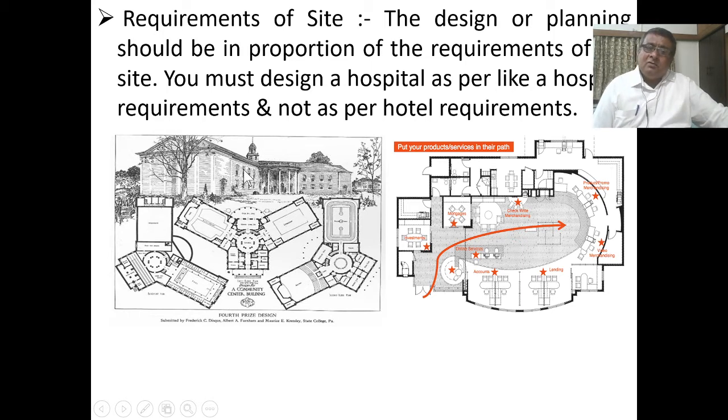Here I am trying to show you a huge structure. Ample area is there in the plot, so the architect has used his liberty. He has constructed this wing, and this wing has some angle with this wing, and there is an entrance lobby here.